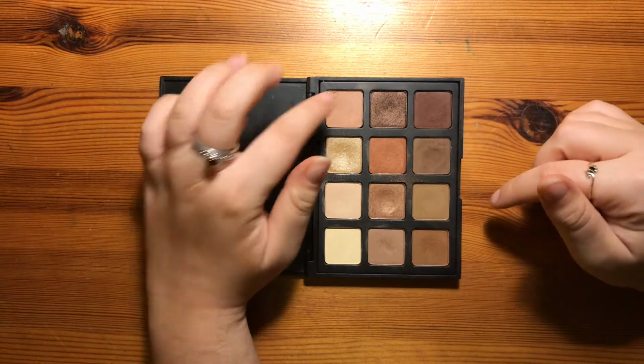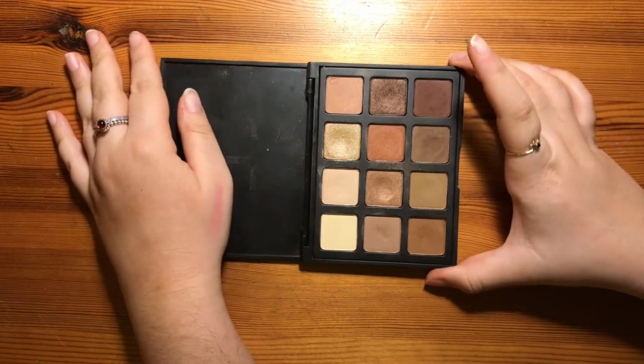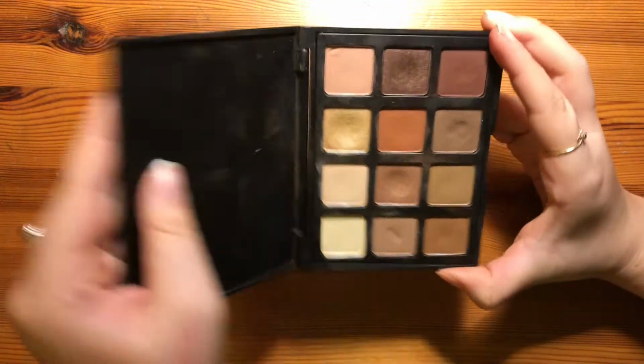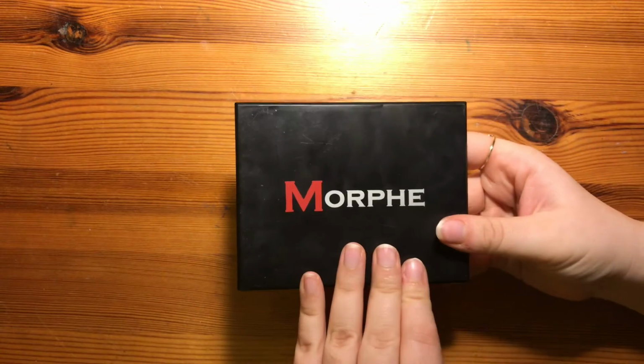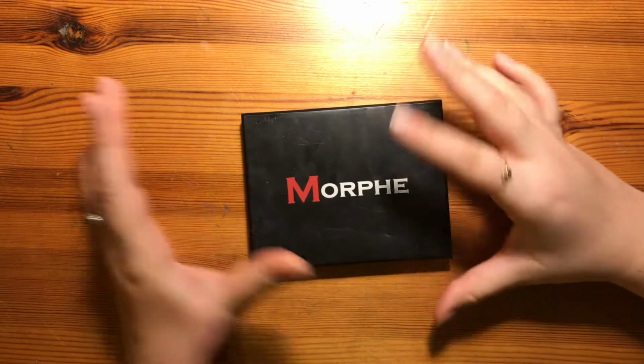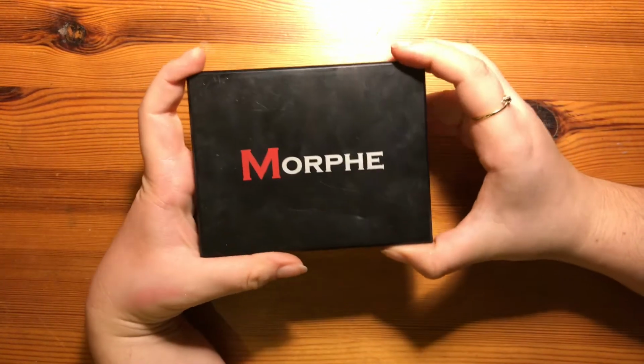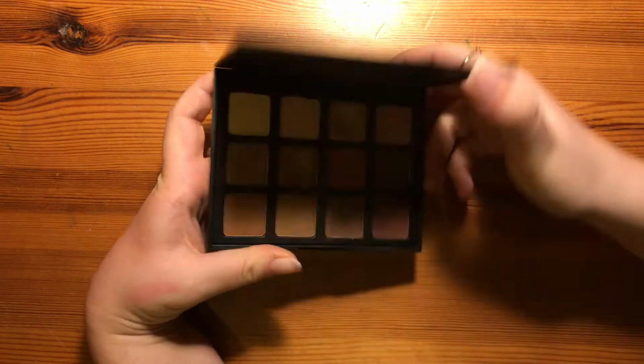Today I'm going to be depotting and then creating a magnetic palette in this small Morphe palette. This is the Morphe 12MB. This is actually my one month one palette at the moment for December, and I have decided that I